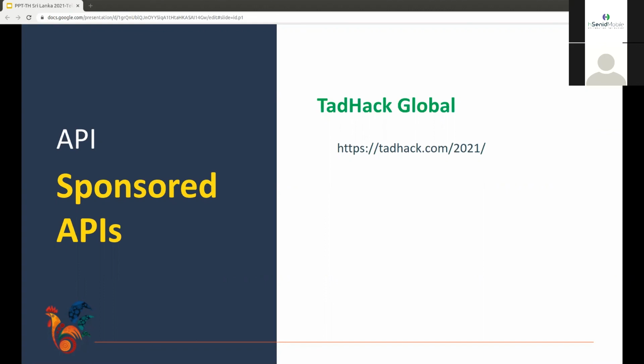No, Navid, those are separate APIs. If you visit the web address, I'll tag it again for you privately. So here you can see all the sponsored APIs. You can visit those websites and check out the documentation, and using those will make you eligible for the global prizes.